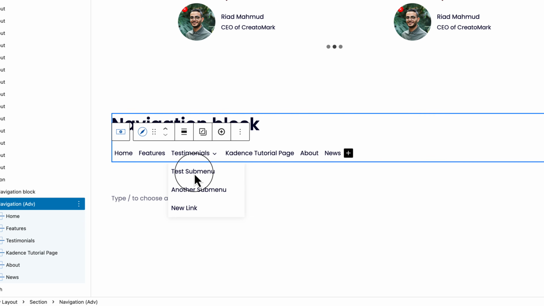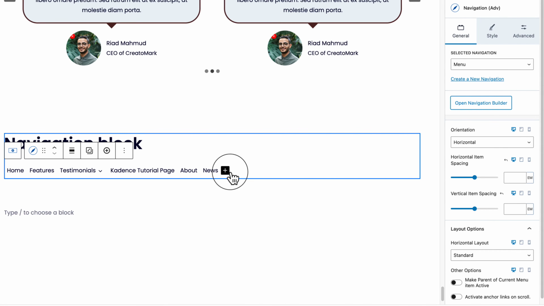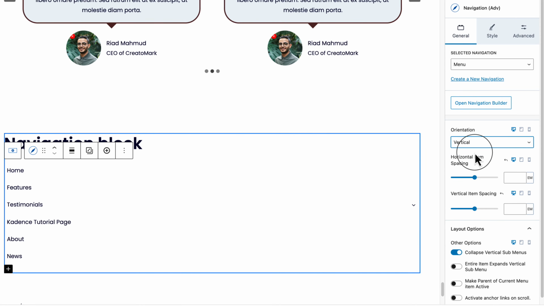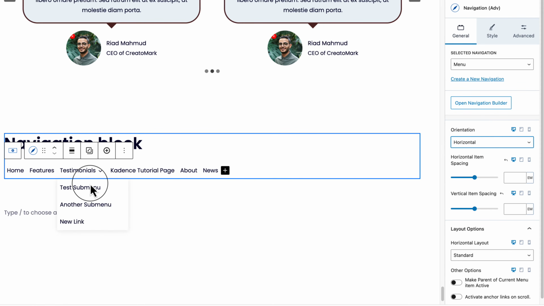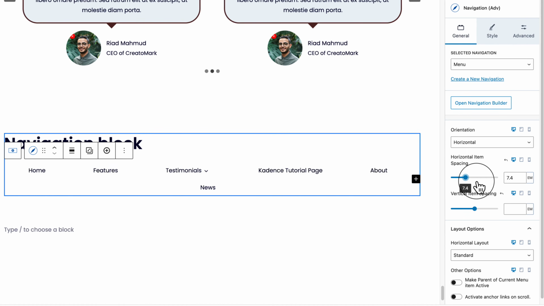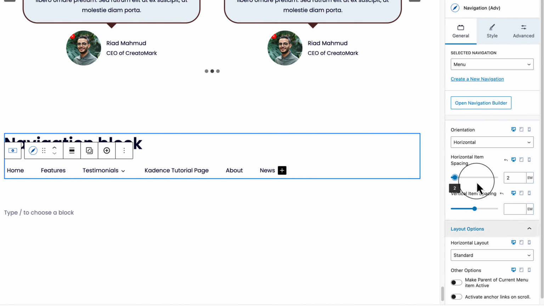editor itself. Now when I take a look at here, there are the orientations. Now if I select vertical, I can see the vertical doesn't display the sub menu items. Maybe it will display at the front end, but let's try to use this one as of now. I'm going to use the horizontal menus, and here is the spacing between the items. Now vertical item spacing you can add, but right now I'm using the horizontal and I'm going to keep 1